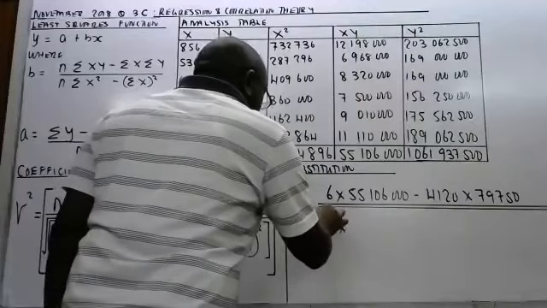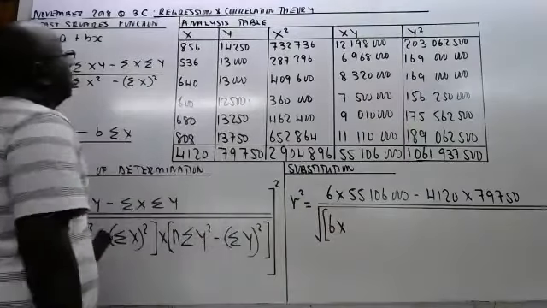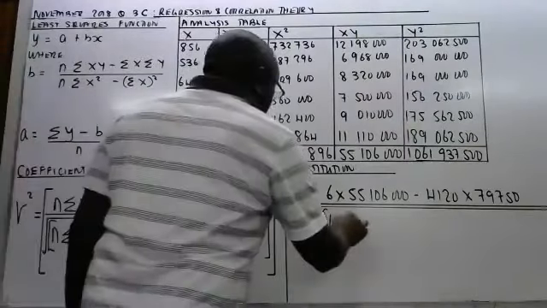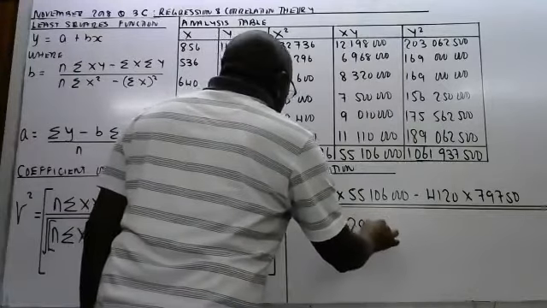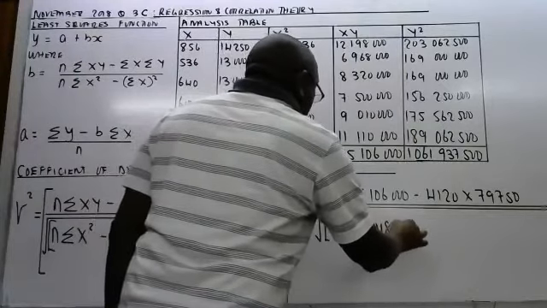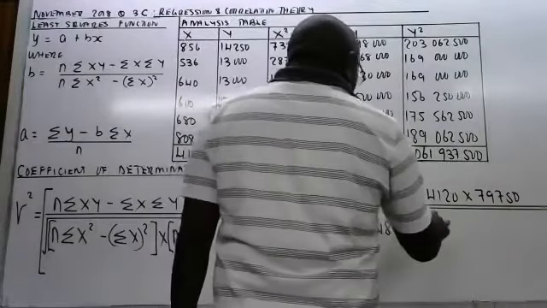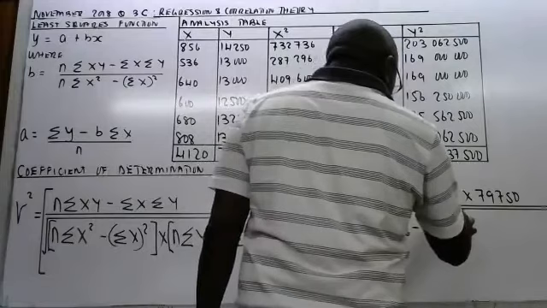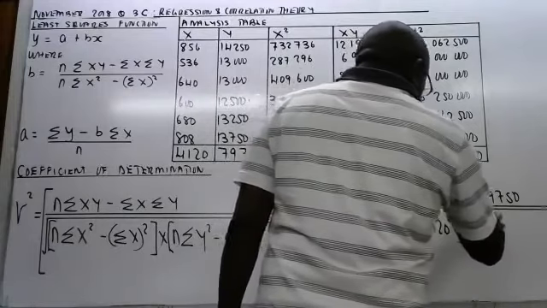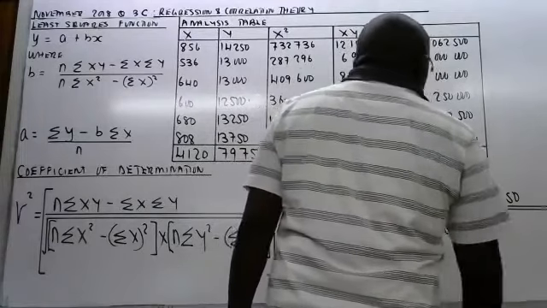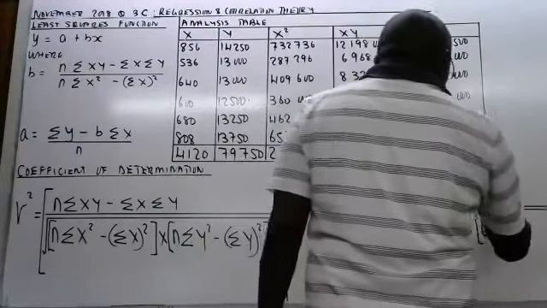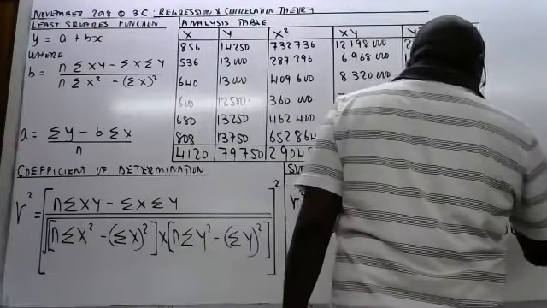Then 6 times sum of x squared, 2,904,896, minus 4,120 squared. Then times 6 times sum of y squared, 1,061,937,500, minus sum of y,